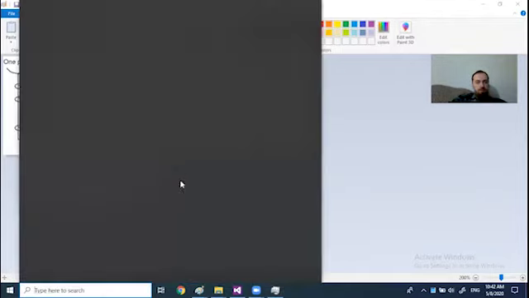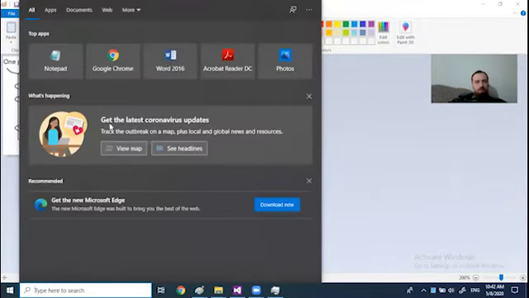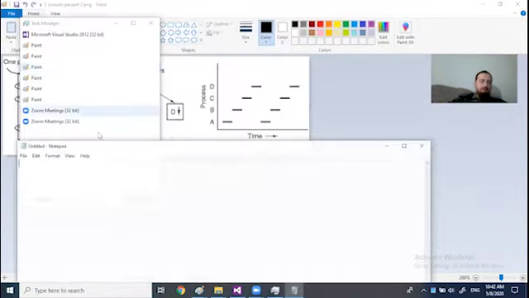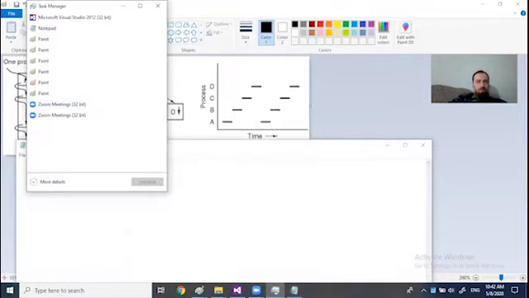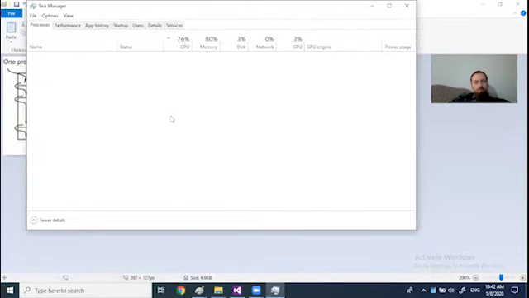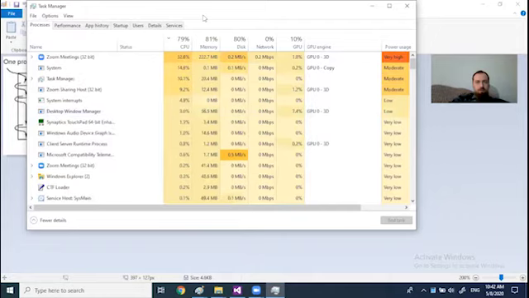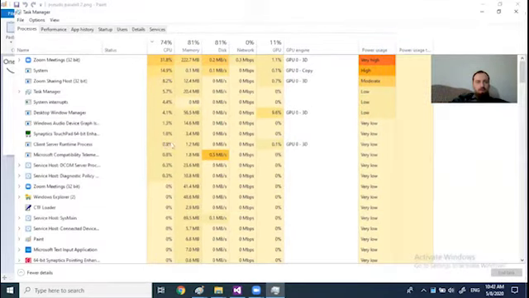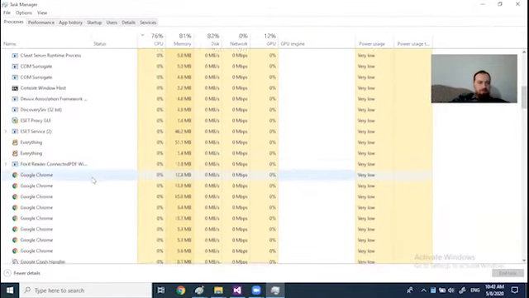If I want to start a new process, then let me start with Notepad, let's say. You see, I didn't have previously a Notepad, but now I have it here. It's a new process. It's a new program being run, okay? If I close Notepad, you'll see here I don't have it anymore. And if you see the full list of processes that I'm using, it's here, okay? And there are dozens, maybe even